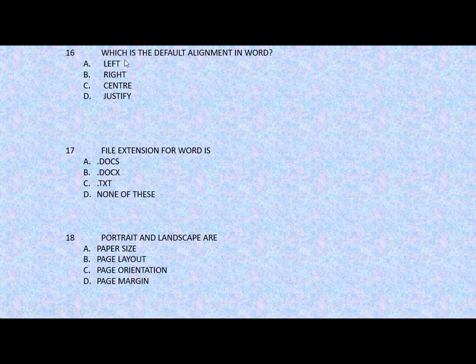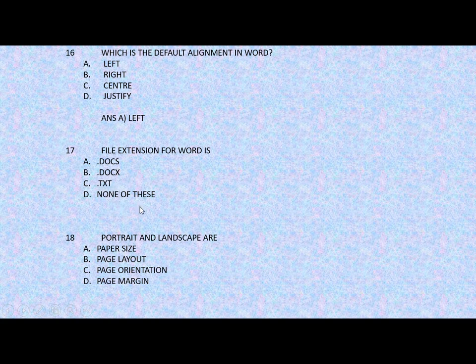Next question, which is the default alignment in Word? Options are left, right, center, justify. The correct answer is A, that is left. So text is left aligned by default in Word. Next question, file extension for Word is: .docs, .docx, .txt, none of these.